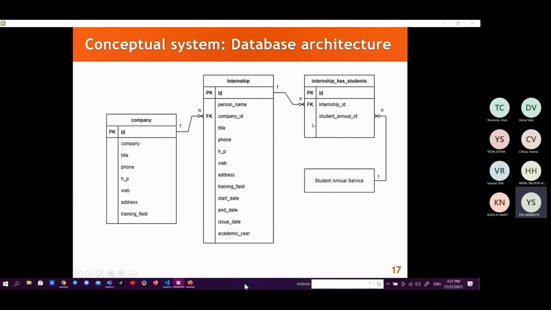And the last table is internship has student. We have ID as a primary key, internship as a foreign key, and student annual ID. Honestly, student annual ID is also a primary key from the student annual service, but I didn't handle that, so I just put it as ID.